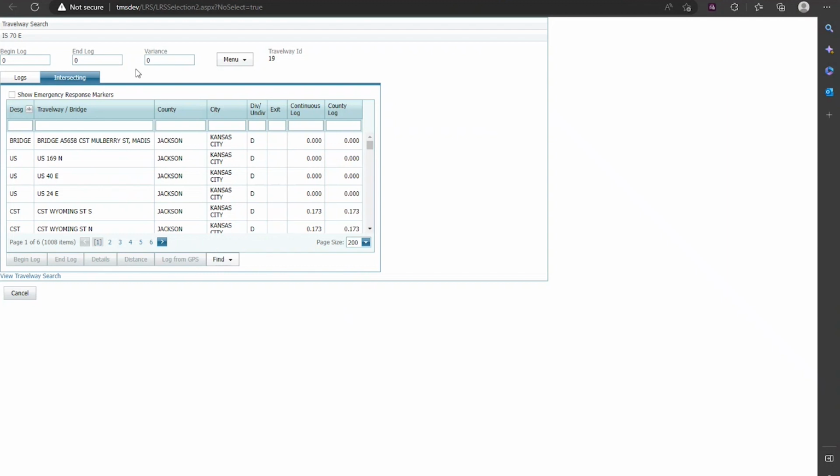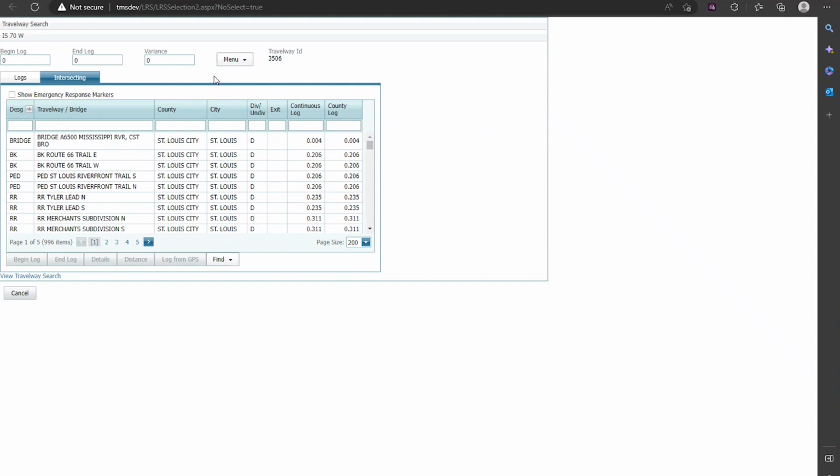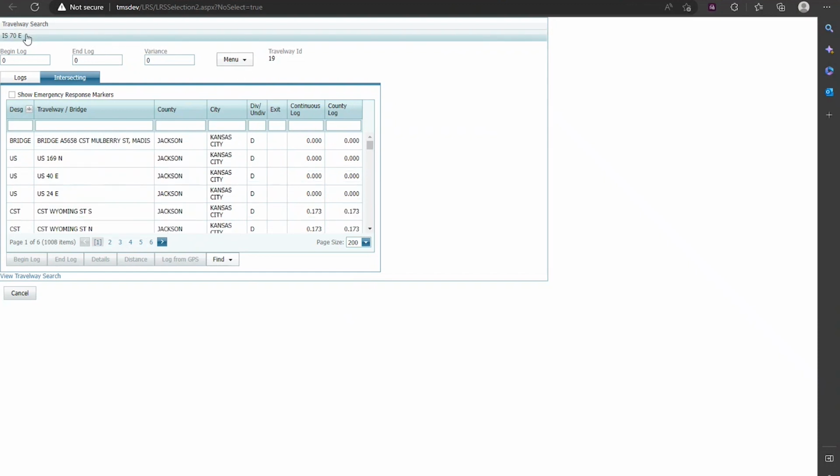To the right of the begin-end logs, there is a menu button. From this menu, you can select Opposing Travelway, ARAN Video, and Map. If you decide after choosing I-70 East you really need the log points for I-70 West, you choose the menu button, select Opposing Travelway, and all log points for I-70 West will be displayed. For this example, I will be using I-70 East, so I will select this option again to display the correct